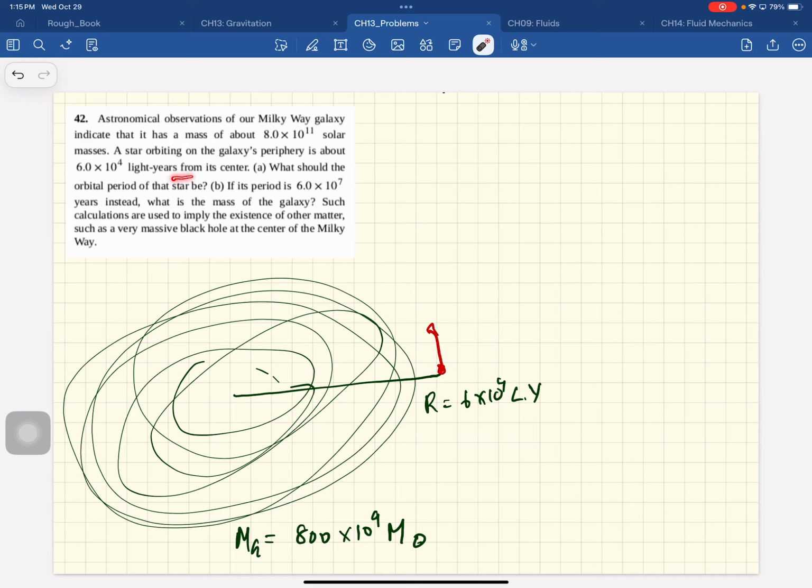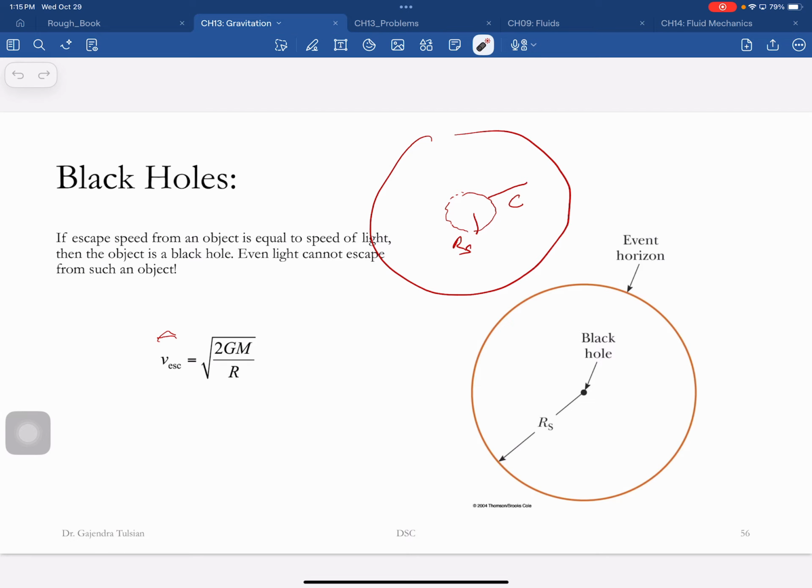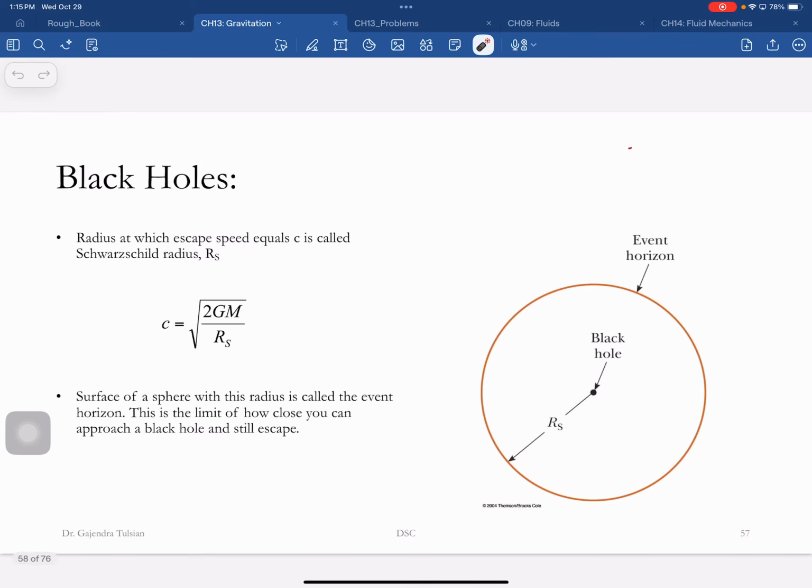What should the orbital period of the star be? Okay, so let me show you what this problem is about. And this was noted back in the 1930s. So this will take me a second, but